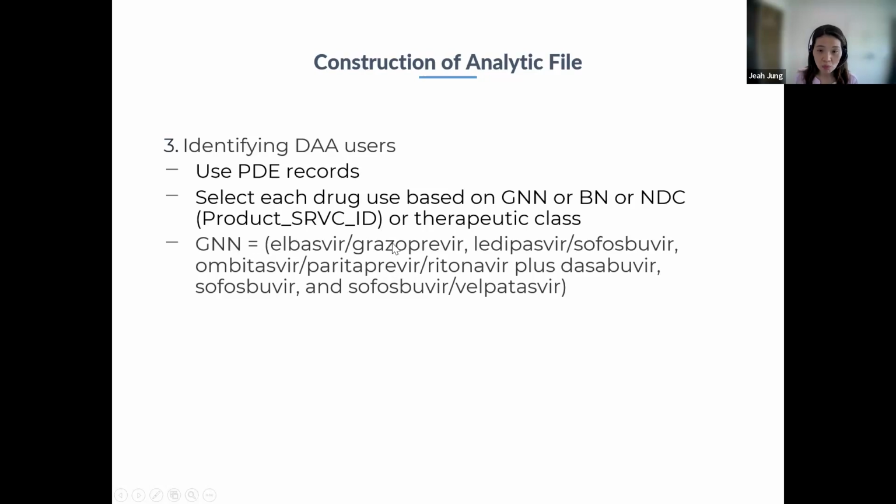So in any way, you could identify using a website all the drugs available, including NDCs. So you could use NDC or the brand name or generic name. And I think we use the generic name for these drugs. Sofosbuvir is Sovaldi, and this is probably Harvoni. So once we identified these DAA users, now what's the next step? So we have these DAA users, and then we want to see their